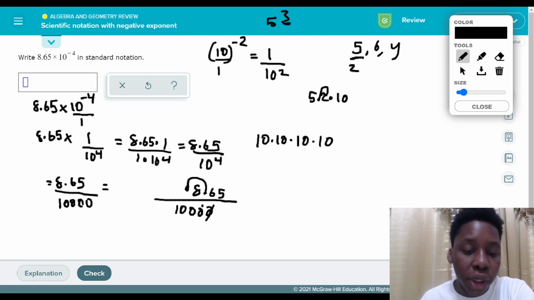Okay, so I have to cancel out the next 0 because I have to do this until the zeros out here are cancelled. When I cancel the next 0, this comes up here and this creates space for another 0. So add a 0 here, and now the dot is right here. Now when we do that again, we create another house for the 0, and now the dot is right here also. The same thing again, this is the last one now. When we cancel again, the dot then comes here, and there's a 0 here also. And then finally the dot stays here. So this is the same thing as